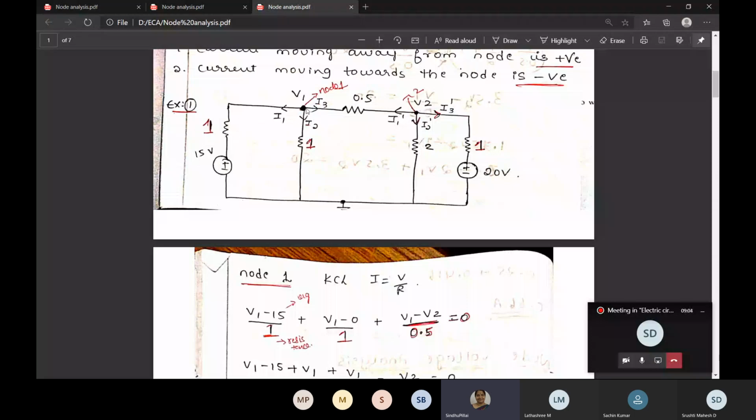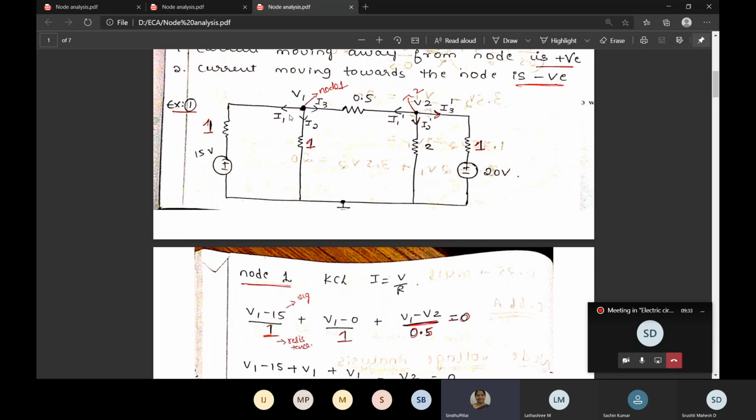So what is the difference? V1 minus 15 volts divided by 1. So the first equation, the equation for the current I1, is V1. See, if they have given here plus 15, okay, first it is plus, so you have to write minus: V1 minus 15 divided by 1. If they had written minus here, you should write plus then, that means V1 plus 15. That is the difference in voltage you have to take.